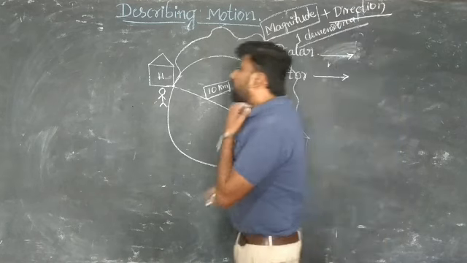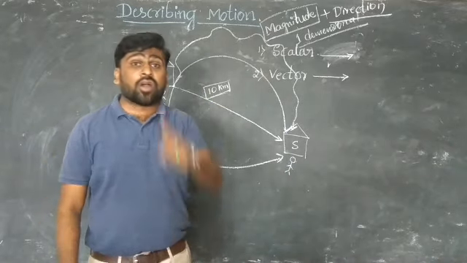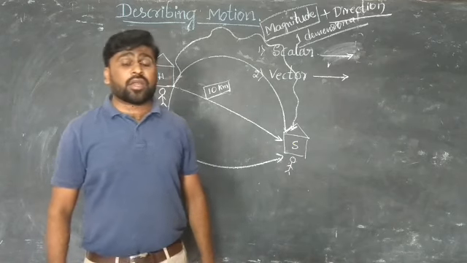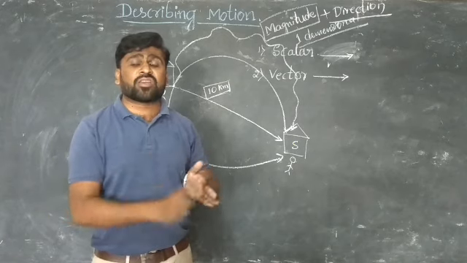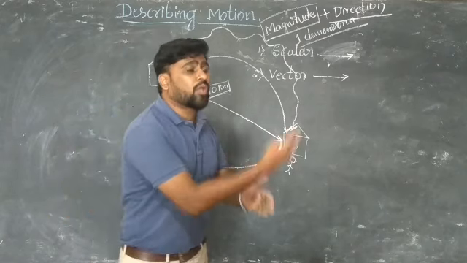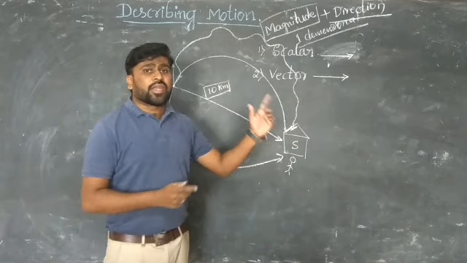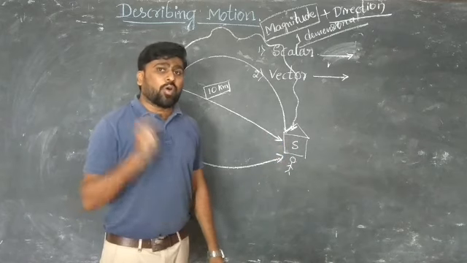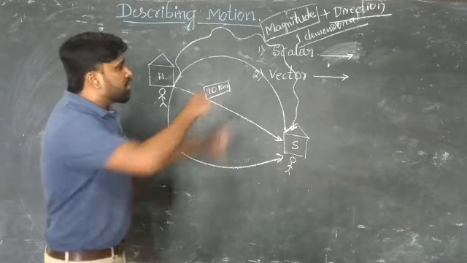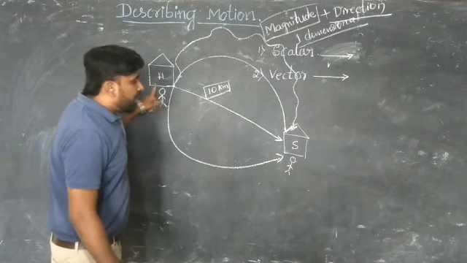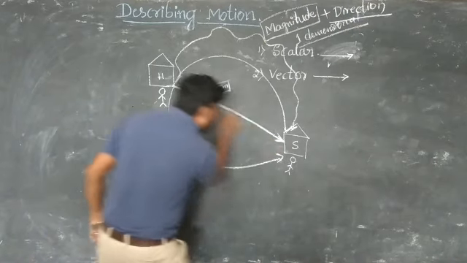It gives both magnitude and also direction, ಎರಡೂ ಕೊಡುತ್ತೆ, that is called vector quantity. Clear? In this chapter we are going to discuss distance, displacement, speed, velocity, acceleration. Some of them are scalar quantities and some of them are vector quantities. How to identify: scalar quantity contains only magnitude; both magnitude and direction is called vector quantity. Now see the vector quantity. ಈಗ ನೀವು ಮನೆಯಿಂದ ಸ್ಕೂಲಿಗೆ ಬಂದಿದ್ದೀರಾ, ಹೇಗೆ ಬಂದಿದ್ದೀರಾ, ಈ ರೂಟ್ ಅಲ್ಲಿ ಈ ಡೈರೆಕ್ಷನ್ ಅಲ್ಲೇ ಬಂದಿದ್ದೀರಾ,